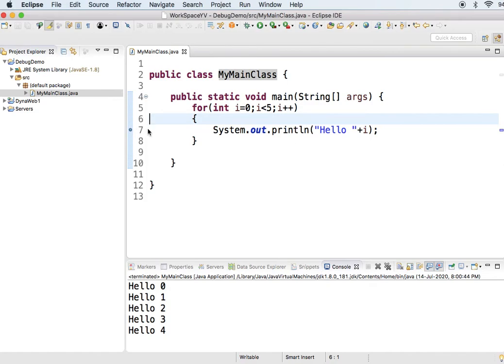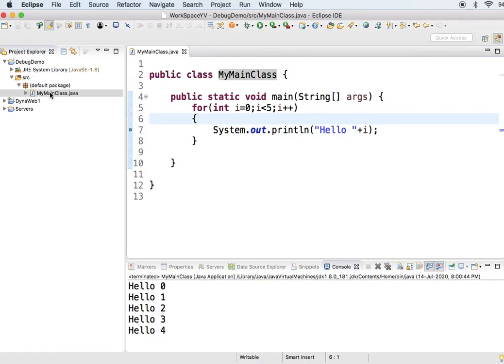Okay, let us keep this line number 7 as our breakpoint. This is called a breakpoint. So this breakpoint I have created in line number 7. Then if I try to debug it, how will I debug? First of all, I have created a breakpoint. I may create multiple breakpoints also. So now let us see what is going to happen.